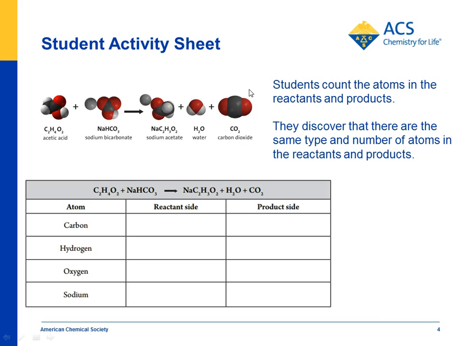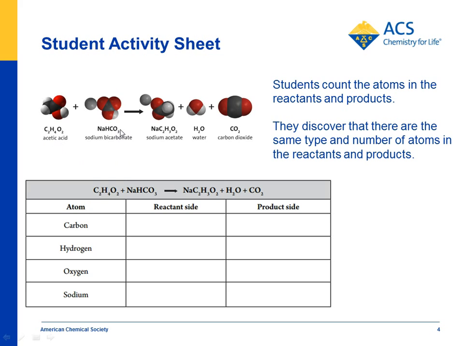Another use of this chemical equation is that students can see that it's balanced. You can use it to practice the idea that whatever is on the left side of the equation, the reactants, ends up on the right side. And you have the same number and type of atoms on the left as you do on the right. Students can count up the atoms by looking at the formula. You can help them remember how to use the subscripts, and they can see that there are 2 carbons here.